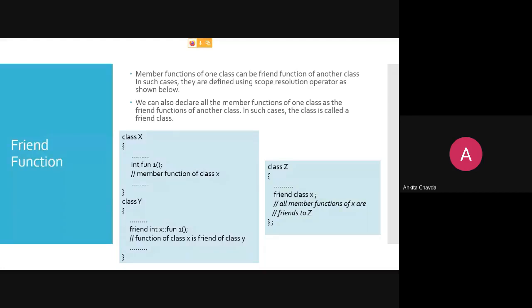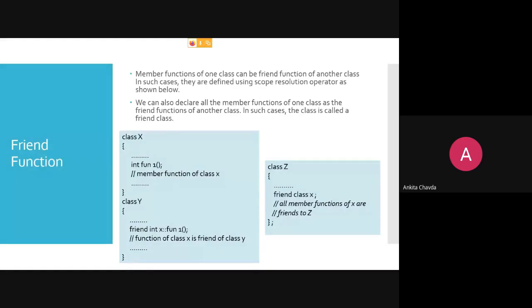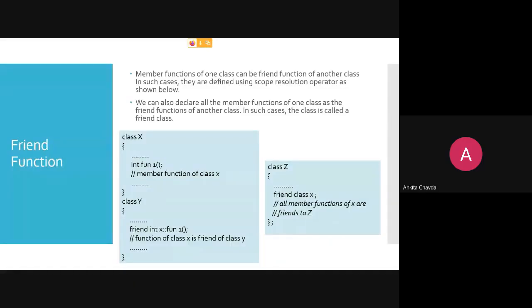Then the other case: it could be possible that one class has a function and another class needs the same function. So why write that function again, if class Y is on good terms with class X? Class Y says that class X is my friend, and he will give me full access to that function.